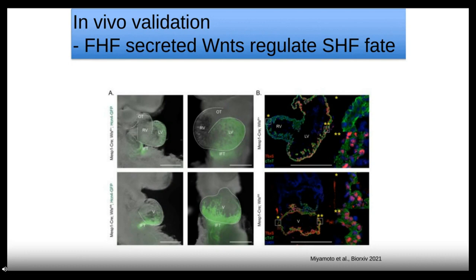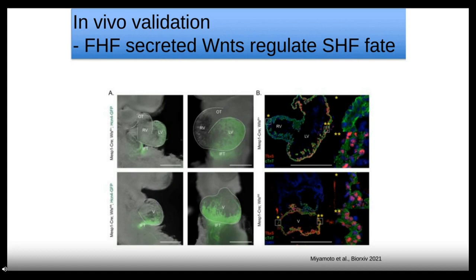As you can see here, we have mice that are HCN4 GFP, identifying the first heart field. So you can see that the left ventricle is expressing GFP because that's derived from the first heart field. But in this case, we deleted a gene called Wntless, which is responsible for cells to secrete Wnt. So when we delete Wntless, that means that cells can no longer secrete Wnt. And what we see here is that